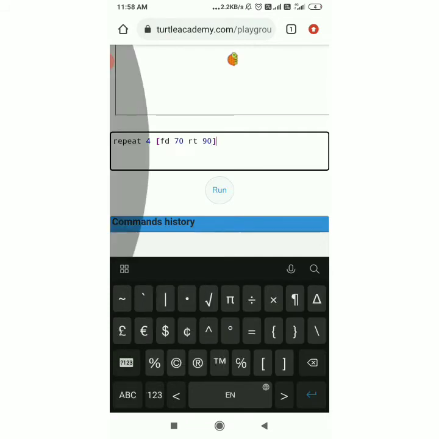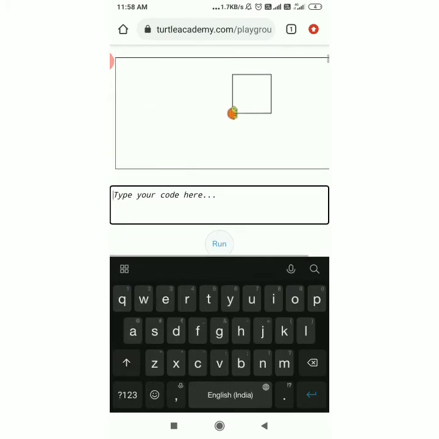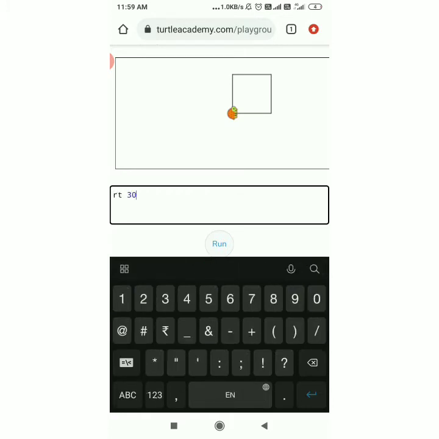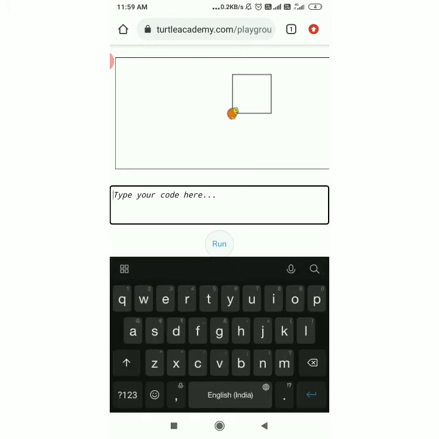I want to copy this because I want to write this command again. Now enter. Here you can see as output we received one square. Now I want to give the command to the turtle to turn right by 30 degrees, RT 30. Here you can see the turtle has turned by 30 degrees.